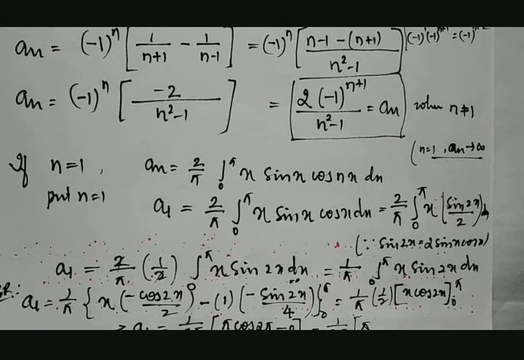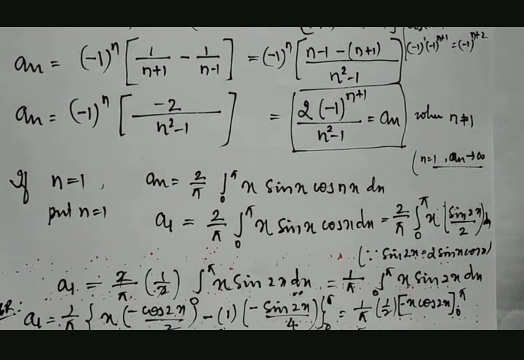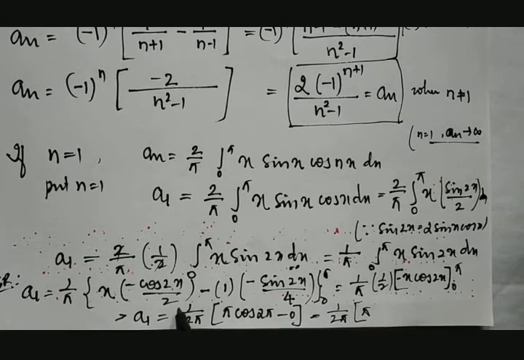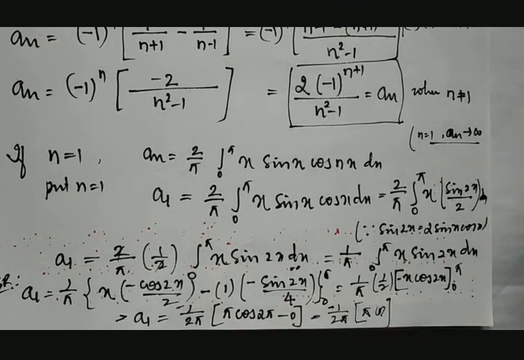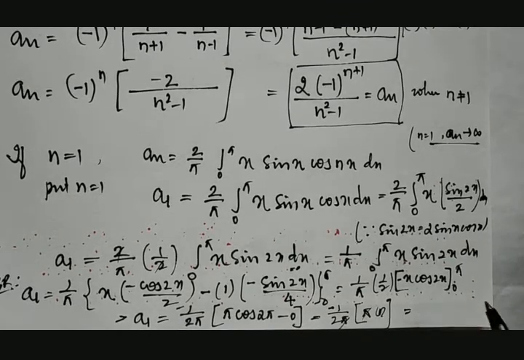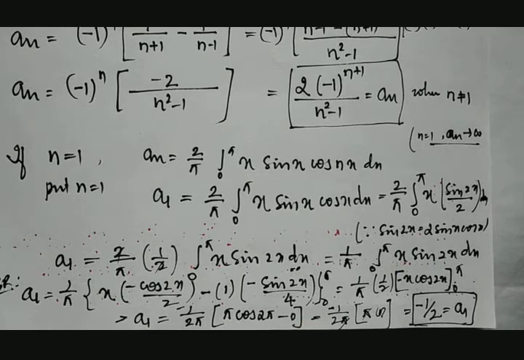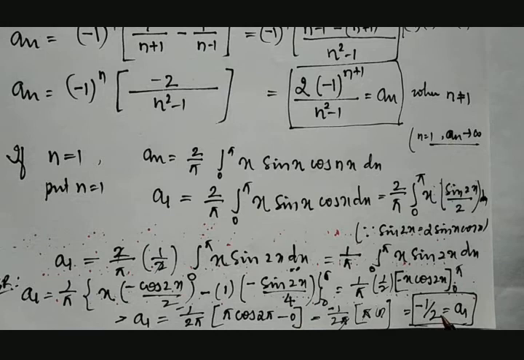Cos 0, 1, cos 180 minus 1, then cos 360. Here it is a minus. This minus will be taken out. Therefore, this is minus into 1. Therefore, pi gets cancelled. We will be getting minus 1 by 2 as the value of a1. Therefore, here we got an is equal to this with the condition that n should not be equal to 1. And from there we picked a1, that is minus 1 by 2.